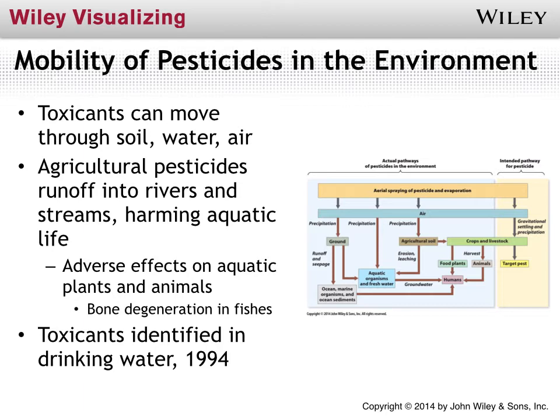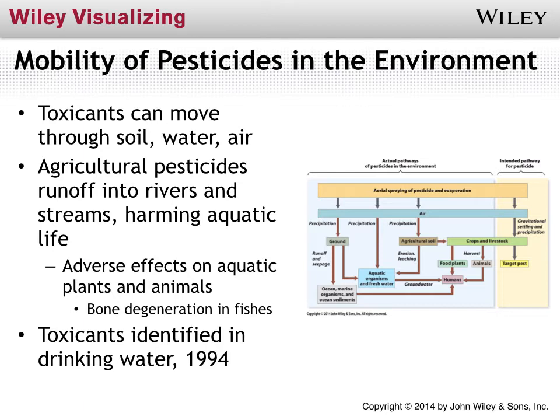Agricultural pesticides, for example, which DDT was, can run off into rivers and streams. Not only do they have the capacity to affect the living things in that water, but then where does that water flow? Downstream, into lakes, into oceans, where it can have an adverse effect on all the aquatic plants and animals. Again, things like DDT that affect calcium can actually affect bone development in fish and basically make their bones really weak, which means they are probably going to be more susceptible to being eaten by a predator.